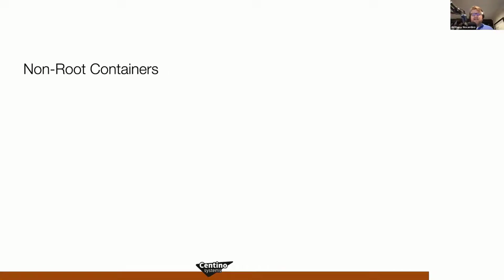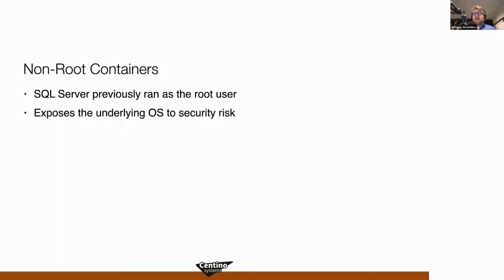The next topic that we're going to get into is non-root containers and understanding why we don't want to run containers as root. The first generation of SQL Server running in containers, so 2017, and I believe the first couple of releases of 2019, the process running inside the container ran as root. And this exposed the underlying operating system to a security risk for two reasons.